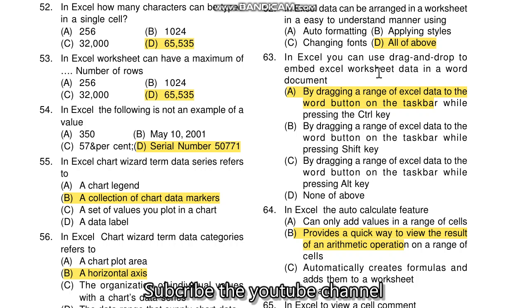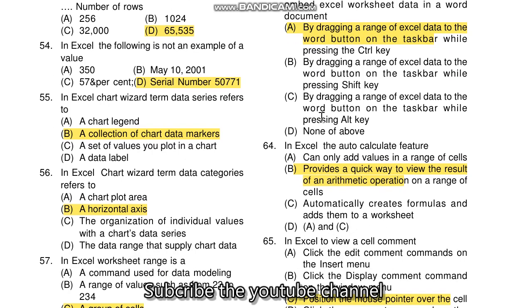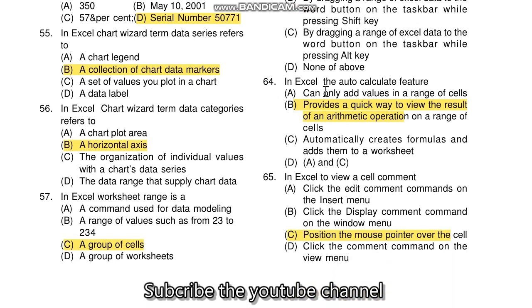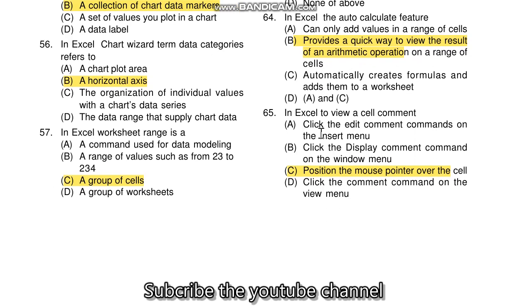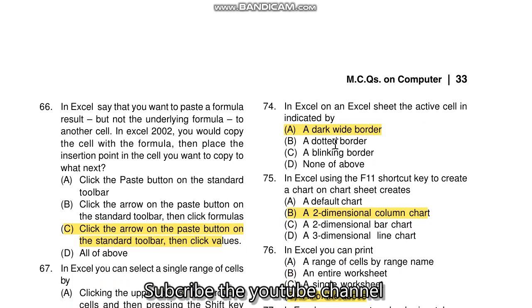embedded Excel worksheet data in a Word document कहलाता है by dragging a range of the Excel data to the Word button on the taskbar while pressing the control कहता है। 64 question Excel the auto calculate feature कहता है provides a quick way to view the result of a thematic operation on a range of the cell कहता है। Question number 65 in Excel to view the cell comment position the mouse pointer over the cell कहता है। 66